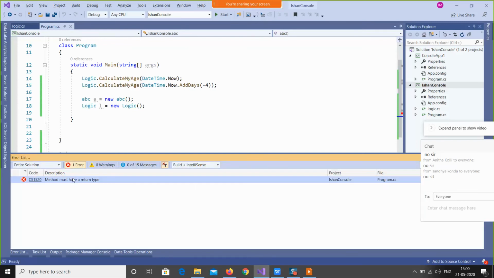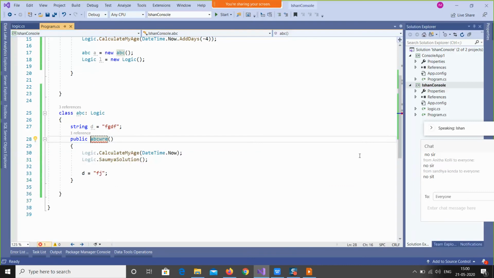See, the build failed because a constructor has no return type, and a constructor has to match the class name, and my class name is ABC. If I want to create it this way, then I should put either void or some data type like string or anything.